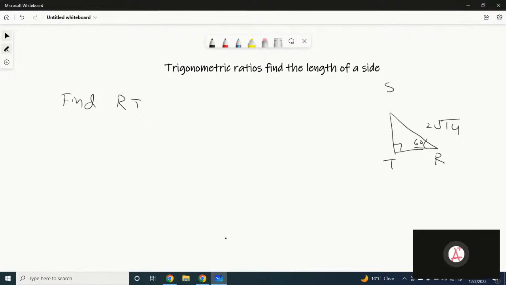According to angle 60, this is the hypotenuse and this is the adjacent. Got it? You have to find the length of RT, the adjacent. Let's calculate cos 60 to find the other side length. Cos 60 is adjacent divided by the hypotenuse. Got it? So adjacent is,